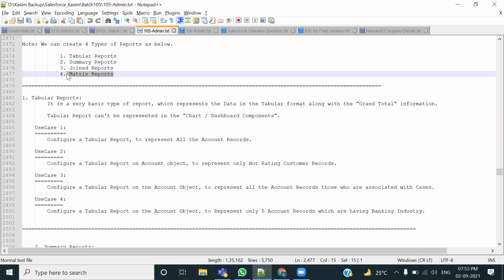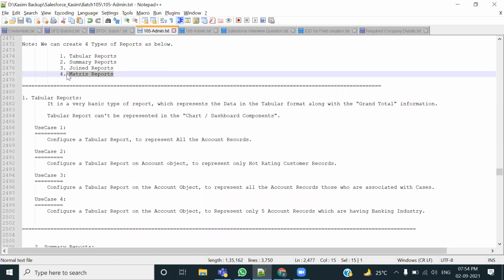a kind of summary report, जैसे कि मैंने अभी डिस्कशन में बताया कि मैट्रिक्स भी एक तरह की समरी रिपोर्ट ही होती है। क्या होता है कि थोड़ा सा एडवांस होता है। जहाँ समरी रिपोर्ट में यहाँ पर एक ही ड्रॉप जोन होता है and we can summarize based on the rows only. मैट्रिक्स में जब जाओगे तो आपको पता चलेगा यहाँ दो ड्रॉप जोन्स हैं। ड्रॉप जोन्स क्या होते हैं मैं बताने वाला हूँ, डोंट वरी। अभी आप मैट्रिक्स रिपोर्ट में ये पाओगे कि we can summarize it based on the rows as well